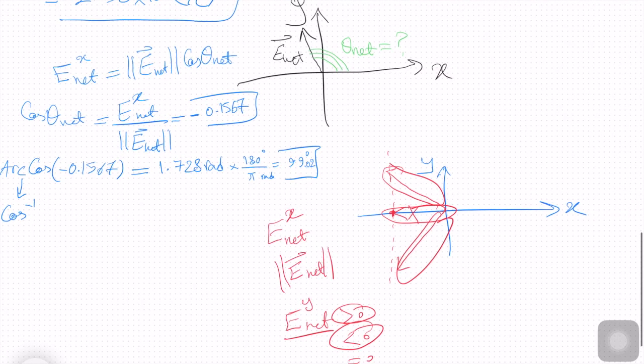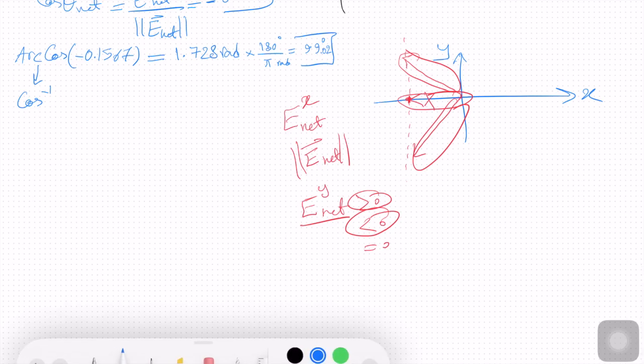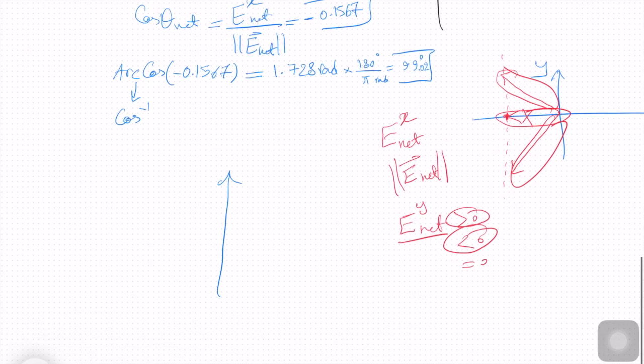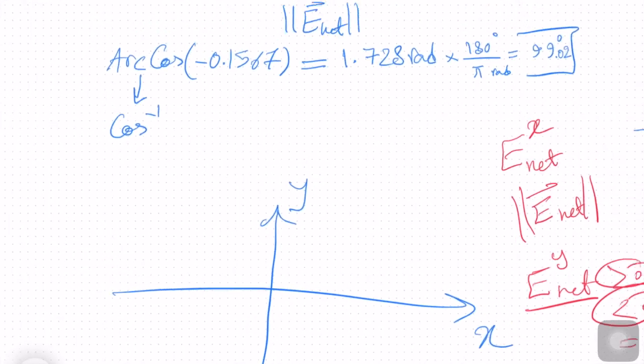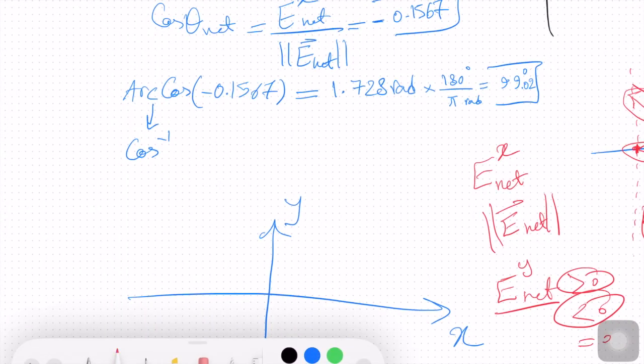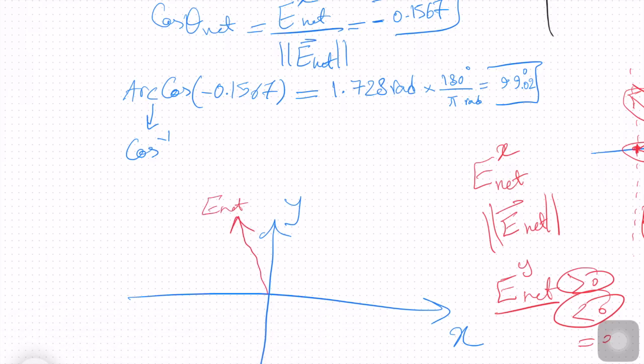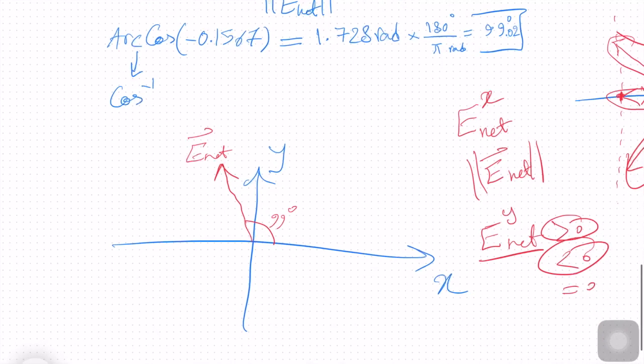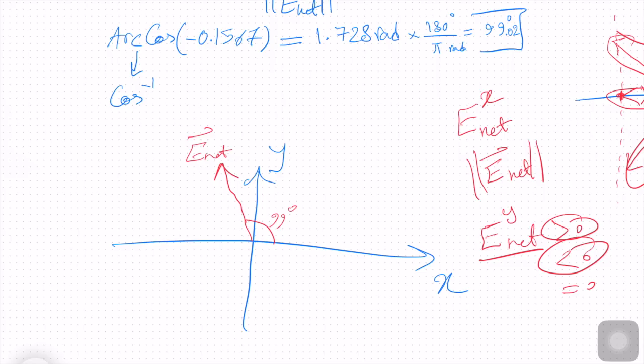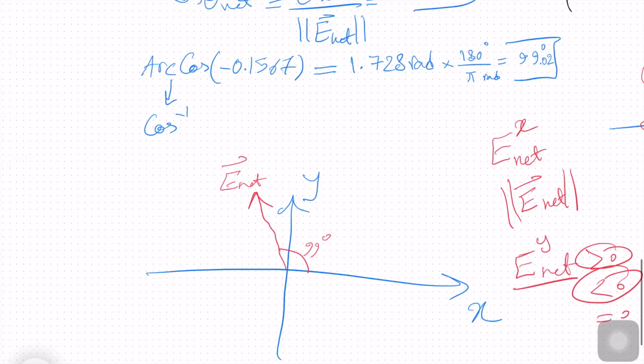Now, what you need to be careful about here is, is that really the only answer? Because let's draw it. So far, this answer is telling me that if this is the x-axis, that's the y-axis, and I draw my vector, I'm going to use red, at 99 degrees, it would look something like that. So that would be my E net. This is 99 degrees. Okay, so it looks fine, except you still have to check if this is the only answer, or it's possible, like I showed you before,